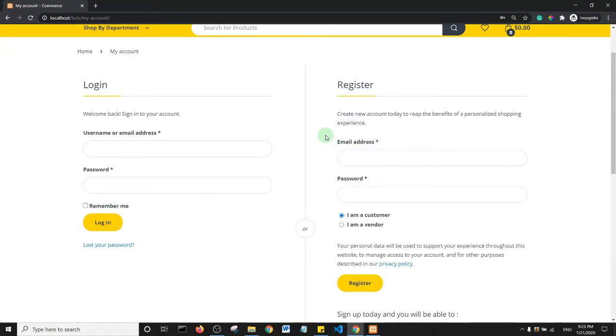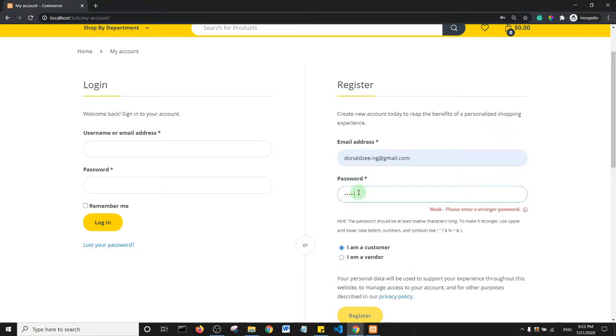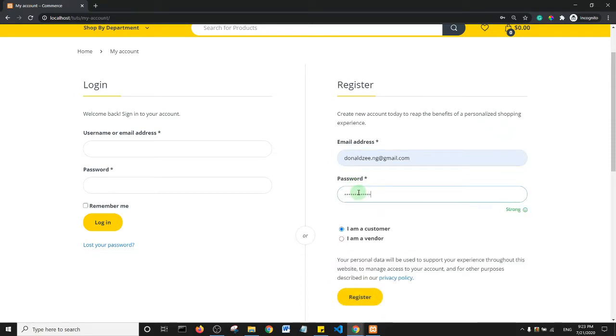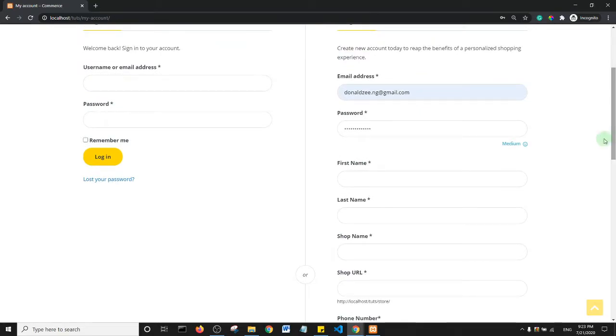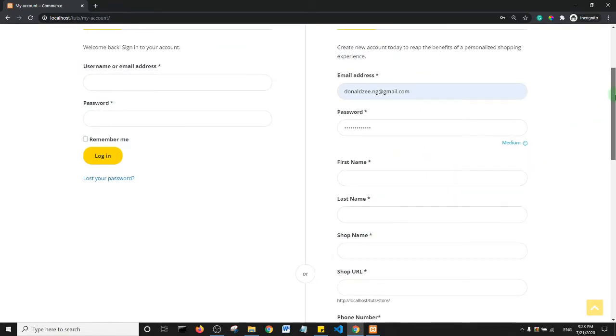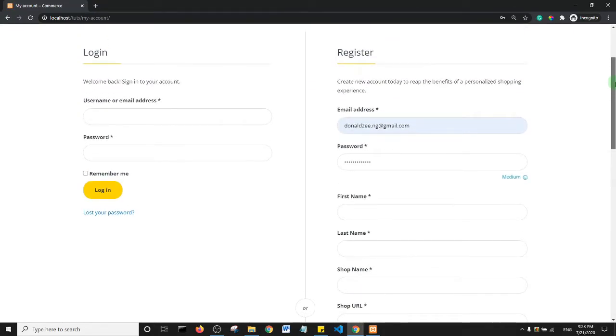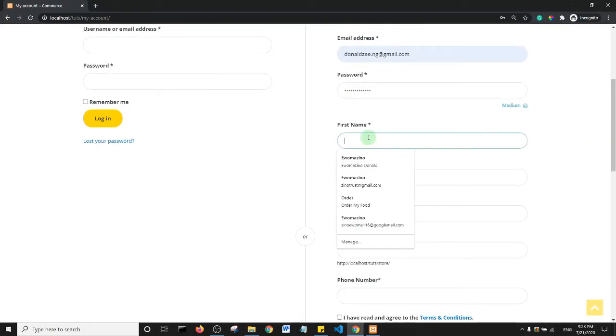So I'll just do that quickly, and I'll choose a password, and I'll say I am a vendor. And when I click on I am a vendor, it shows me more options for the registration. So I've got to put in more details, unlike if I'm just a customer where my email and my username is enough to register. So I just got to quickly fill in this,